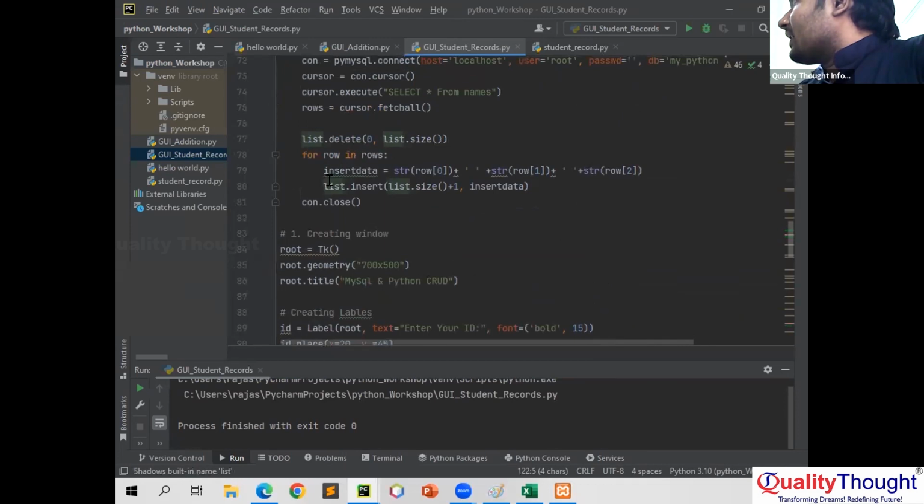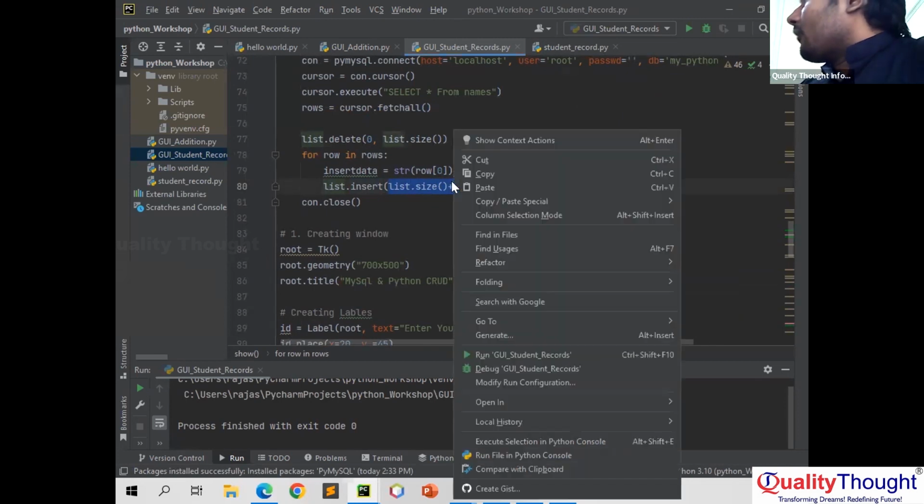So I want to insert, list.insert. Insert is nothing but a method where all the data will be inserted directly. And here, list.size is not mandatory. This is the only particular thing that we are going to work with, because when I want to add